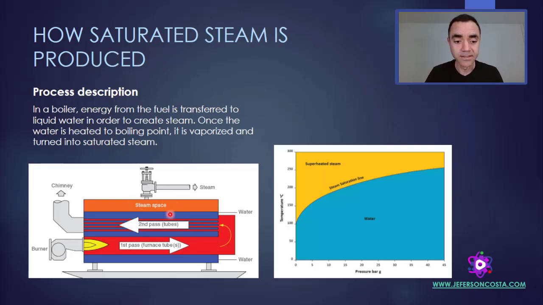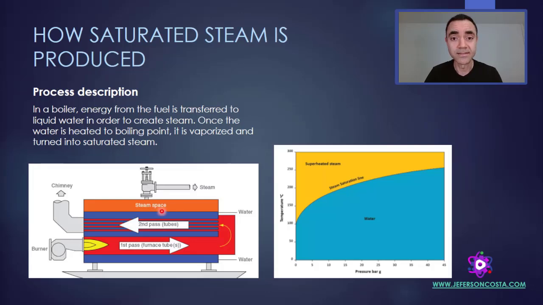This steam space will be controlled based on pressure. If I know the temperature that I want, I need to control the pressure associated with that temperature. So this valve here most often will not be a manual valve, but in fact an automatic valve in order to control the pressure inside the equipment. Or I will have a header where the system is responsible for keeping the pressure under control.